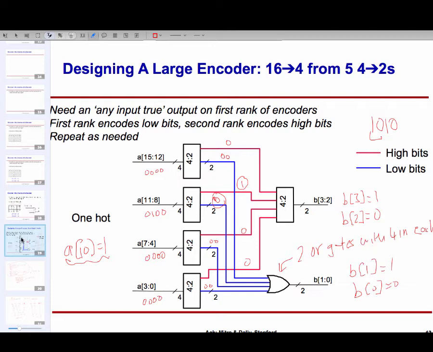Question: if we're looking at a design, an encoder and a decoder aren't labeled based on their exact implementation, because this is a 4 to 2 encoder, but it has 3 outputs. It's just the implementation that lets us call it an encoder. And actually, the reason we have this red output is because to cascade, or gang together, these encoders, I need this extra information.